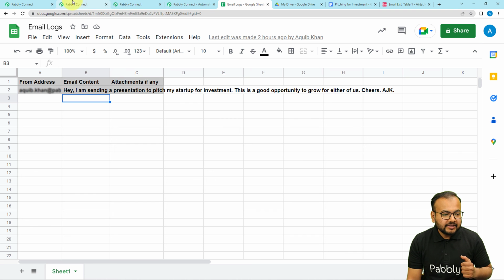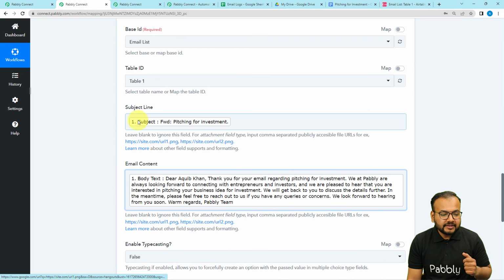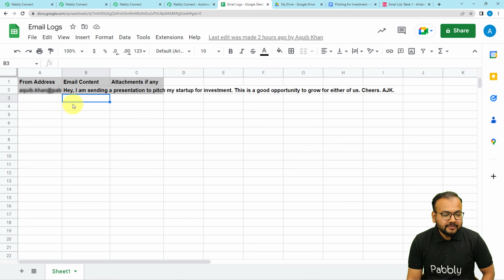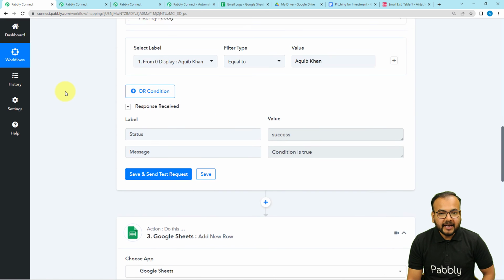Okay, and after that I have mapped the things. I have mapped the subject, mapped the email content, and after that I have checked my connection by clicking on save and send test request button, and it got saved here in my spreadsheet like this. Okay, so this is how it is going to work, and that's how you can create the backup of your